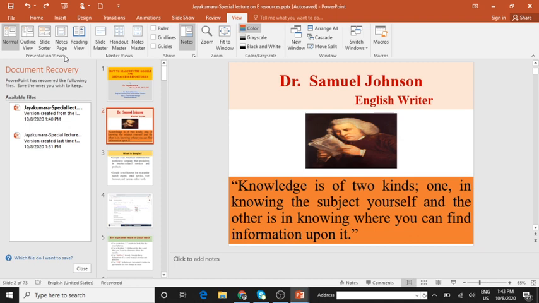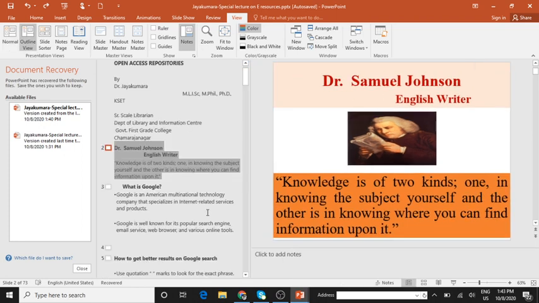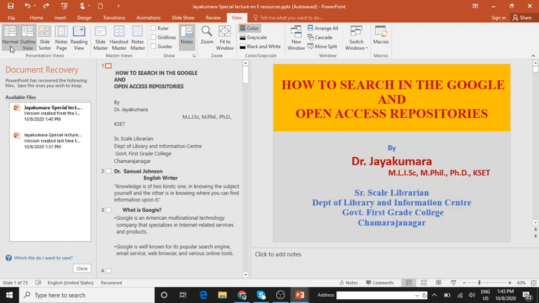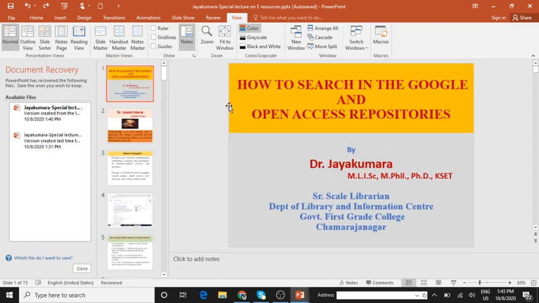If you want to quickly navigate to all the views except notes page, then you can use the option available as part of the status bar. You can just come over here in the status bar and click notes. Okay, this is how it appears. I don't want to use all these things, I just want this notes page, and you can click. Understood? Hope you have understood how to use the views.